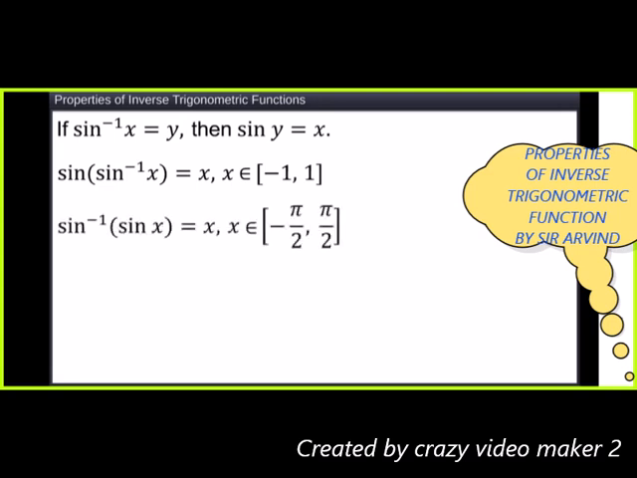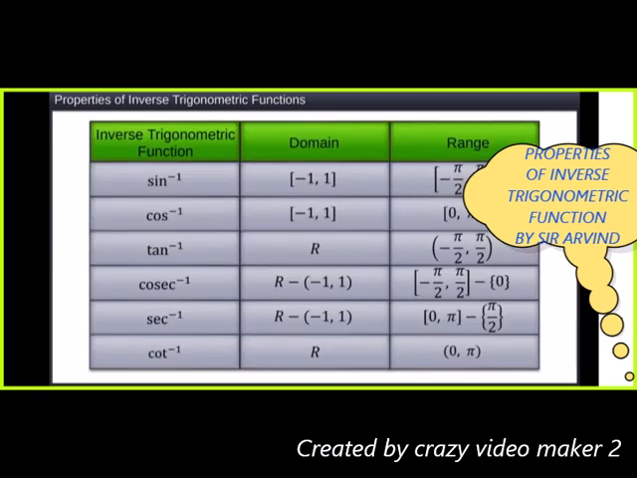Or we can write sine inverse of sine x, where the inverse function is outside, is equal to x when x belongs to the closed interval minus pi by 2 to plus pi by 2, because we know that this table gives us the inverse trigonometric function domain and range. Now whatever the domain was of